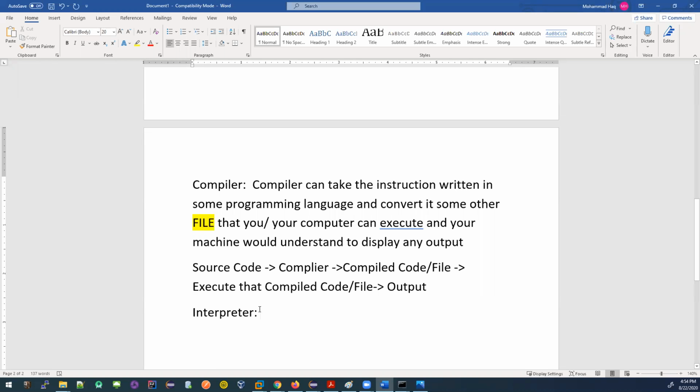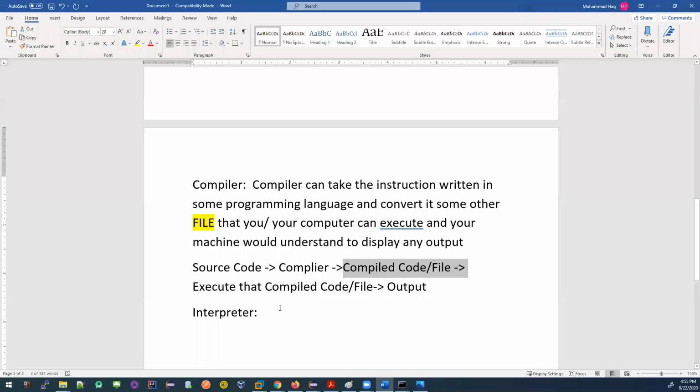An interpreter will take every single instruction from the source code and execute it right away. It's not going to create another file the way a compiler does. A compiler will look into the source code, compile it and create a different file, and you can execute this different file to get the output.